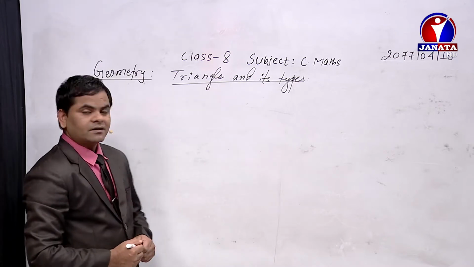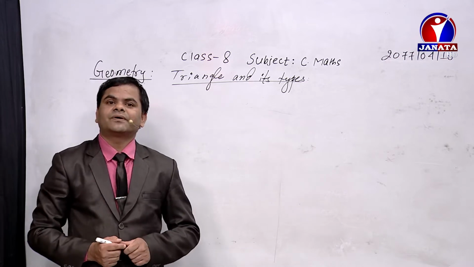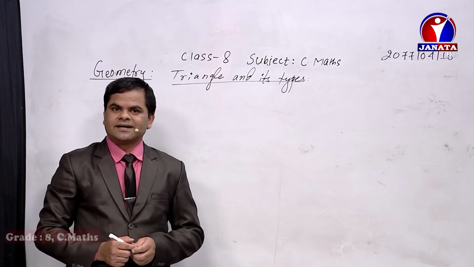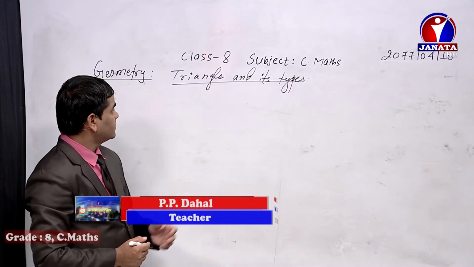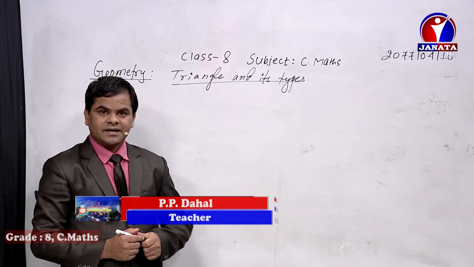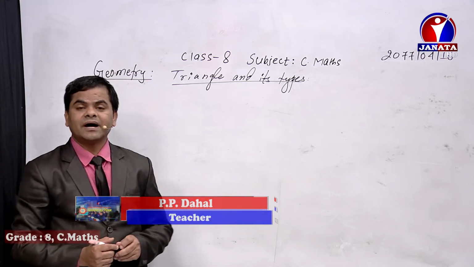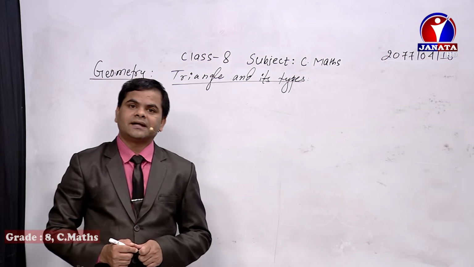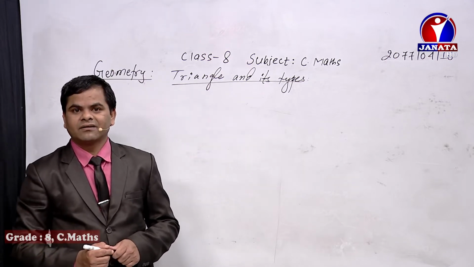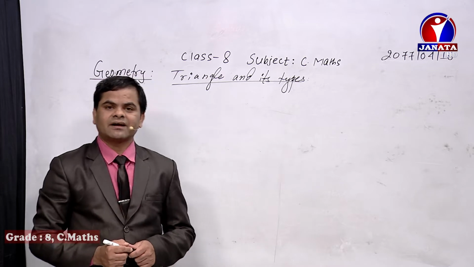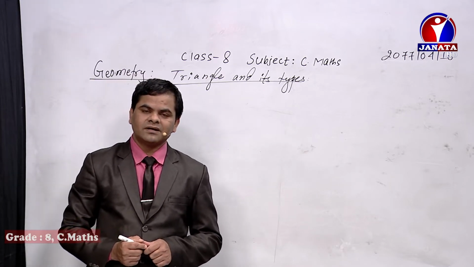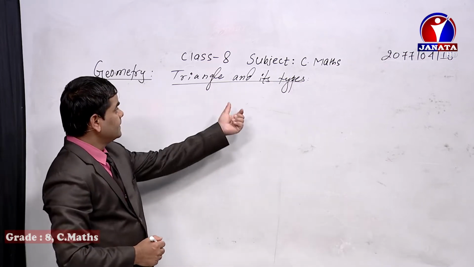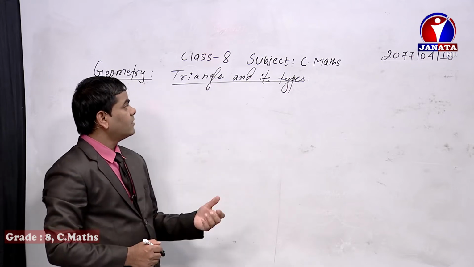Especially dear students, in the bygone day we were discussing the geometrical part of compulsory mathematics. Today also we'll focus on the same geometry chapter. In the bygone day we were discussing the different types of angles: supplementary angle, complementary angle, co-interior angle, interior alternate angle, exterior alternate angle, corresponding angle, vertically opposite angle, and so on. So today I have taken the next chapter of your geometry part, that is triangle and its types.